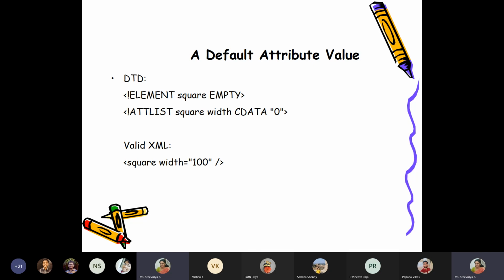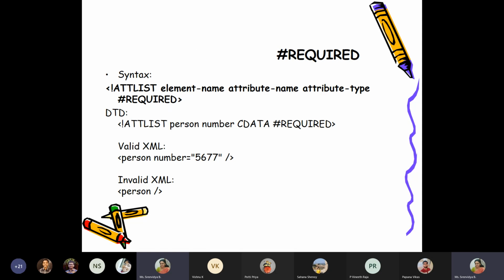Example for a default attribute value: square is an empty tag. The attribute list for square is width, CDATA, and 0 is the default value. Now, square width equal to 100 is accepted, because 0 is the default value but I am giving a value 100.